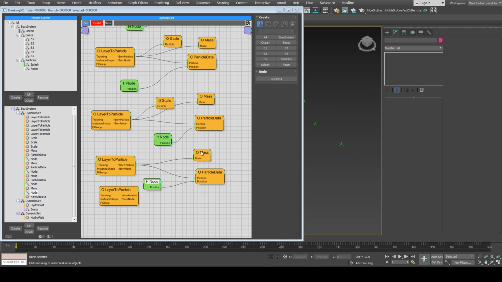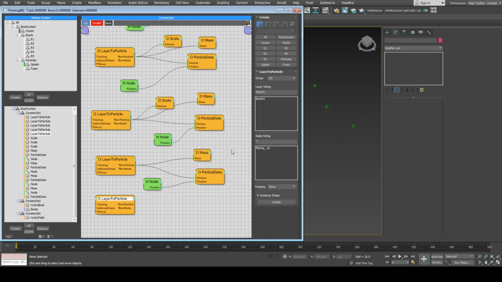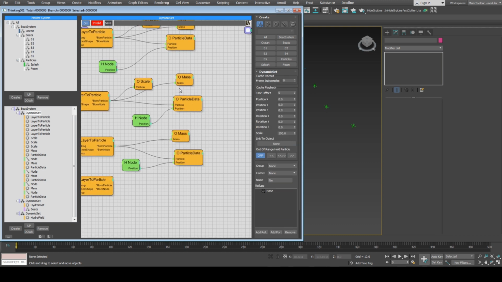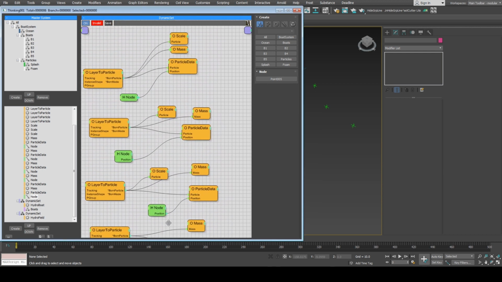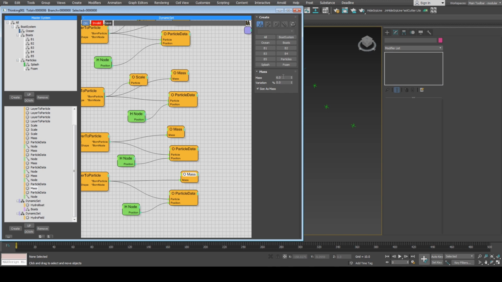0.4. Let's make mass something like 9. And the last boat, which is the fishing boat, is bigger in size, so this one we use something like 15 maybe, yeah. And yes,